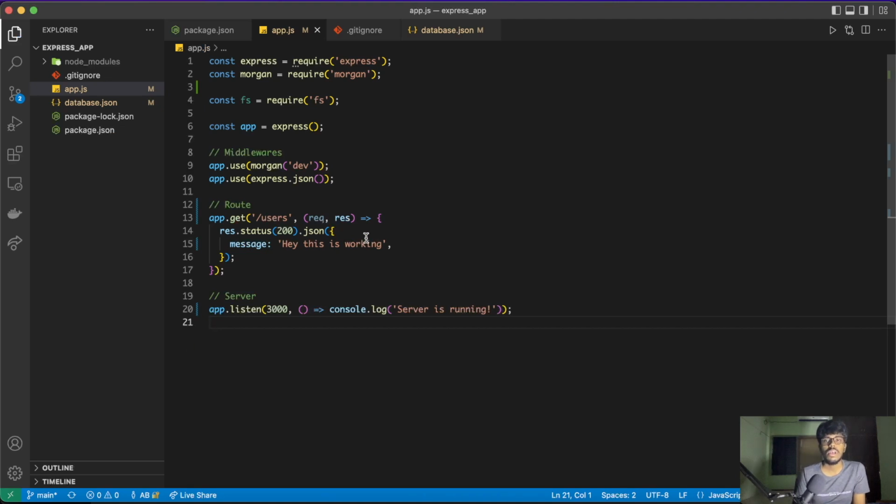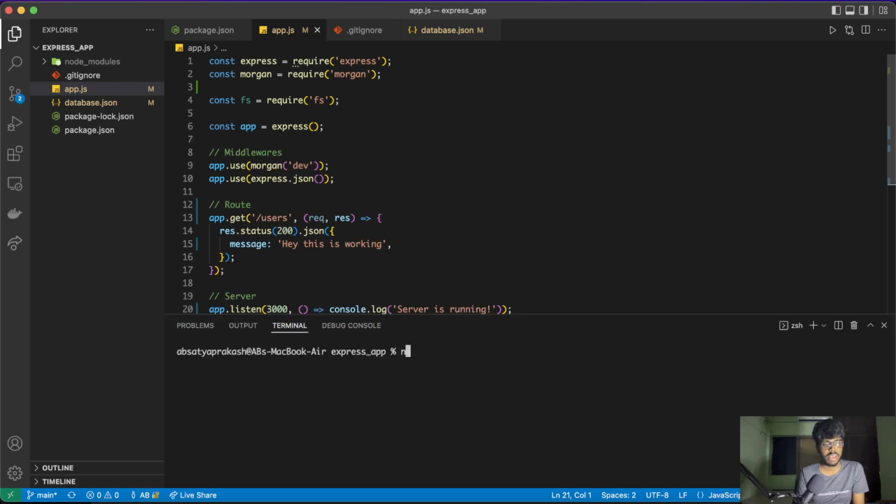Okay. So if I go ahead and start my server, I can do that by saying npm start,